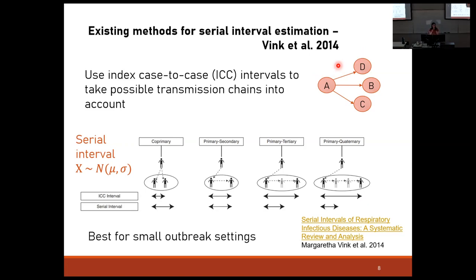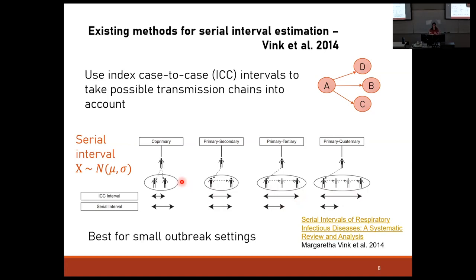And they then consider that each of those pairs might represent direct transmission. This is what they call primary, secondary. So the people in the little circle here, this is from their paper, this is like RA and RB, for example. So there was direct transmission from A to B. They consider also that there could have been an unsampled case, or somebody else in your household configuration, who was in between A and B. So you could have had one missing case in between. They also consider that there could have been two other cases in between your pair, or lastly, that there could have been one person outside of the cluster who infected both of the cases. So actually two initial cases in the cluster.